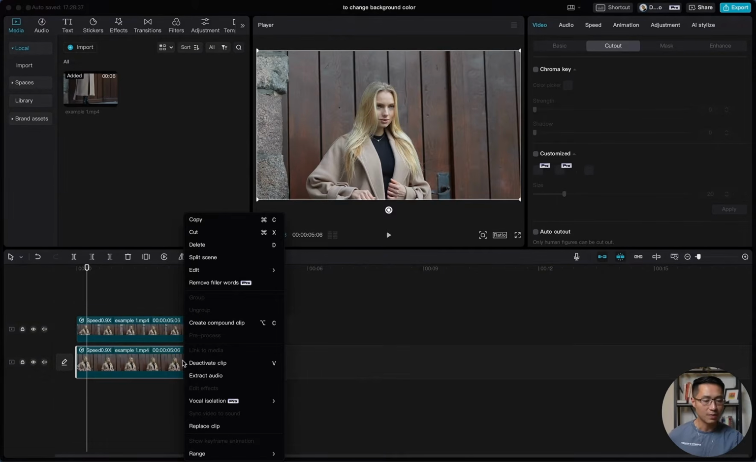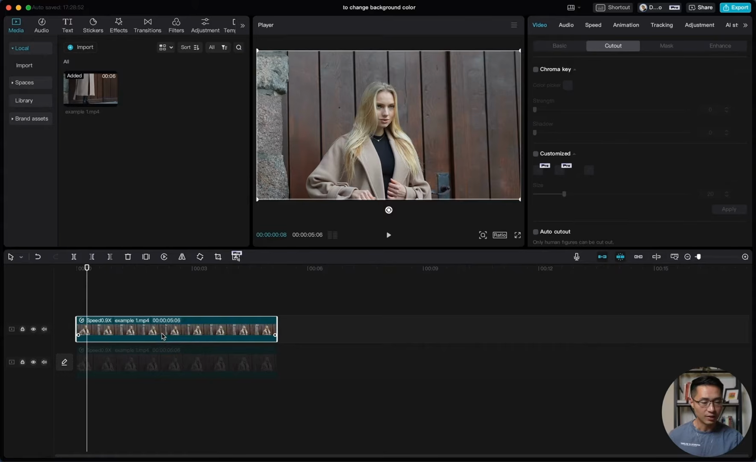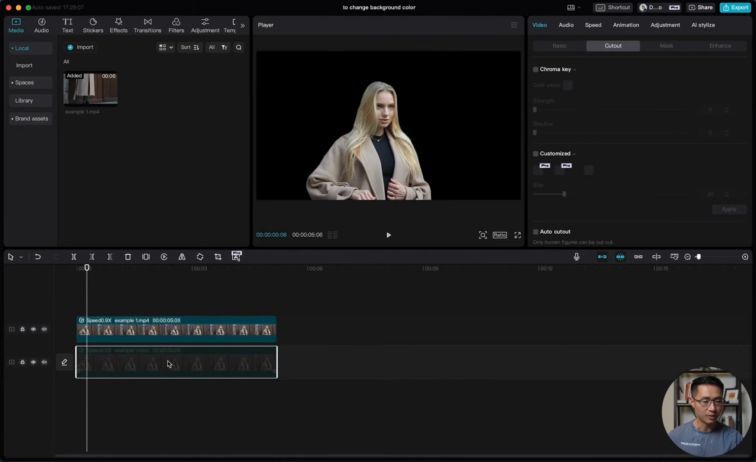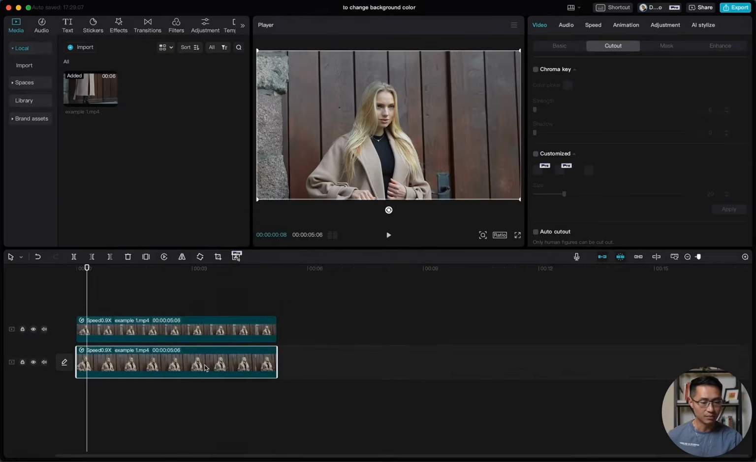Select the bottom clip and right click. Let's deactivate clip for the moment. Select the top clip, come to cutout on the top, come to auto cutout and let it apply the effect. When this is done, what you want to do is come down to the bottom clip, activate clip, and then